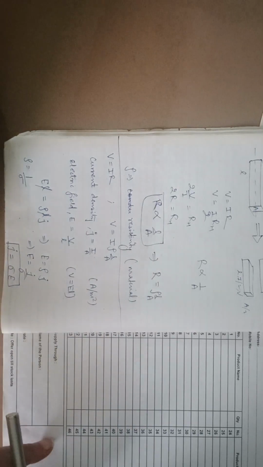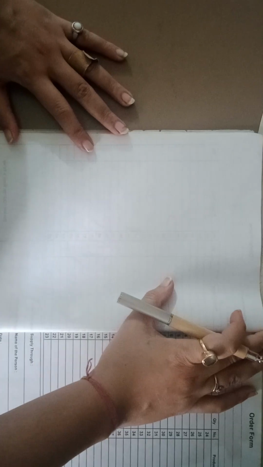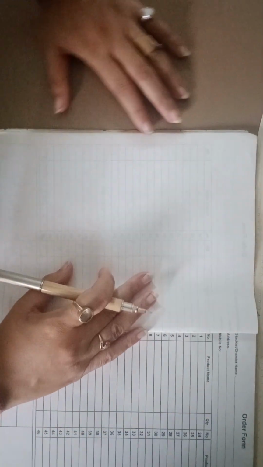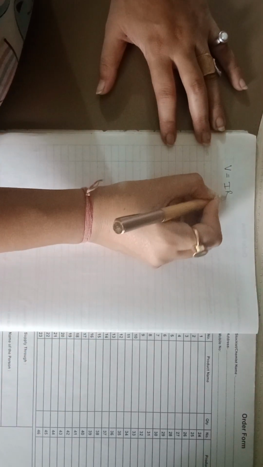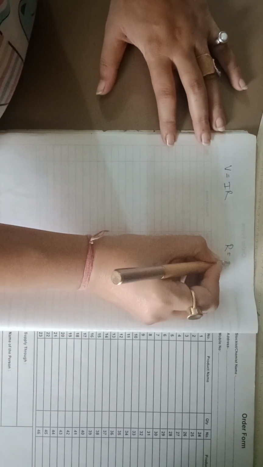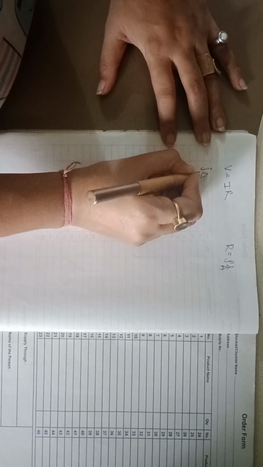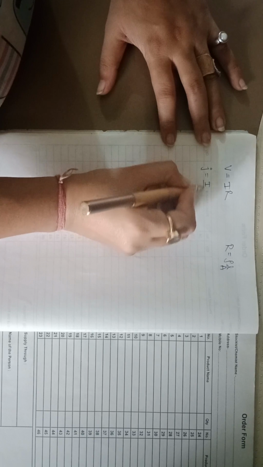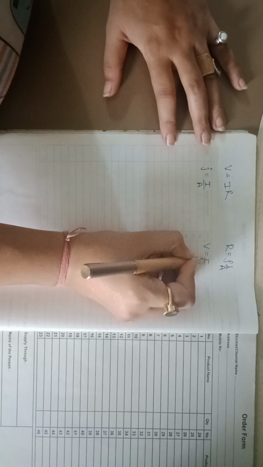Now let's summarize all the formulas once again, because this is very important. You have to use them in the questions, in the numericals. So the first formula was, which we have started actually, Ohm's law. V is equal to IR. We have also got R is equal to rho L by A. We have seen that current density J is equal to I by A. We have also seen the relation of electric field with potential difference, that is V is equal to EL.